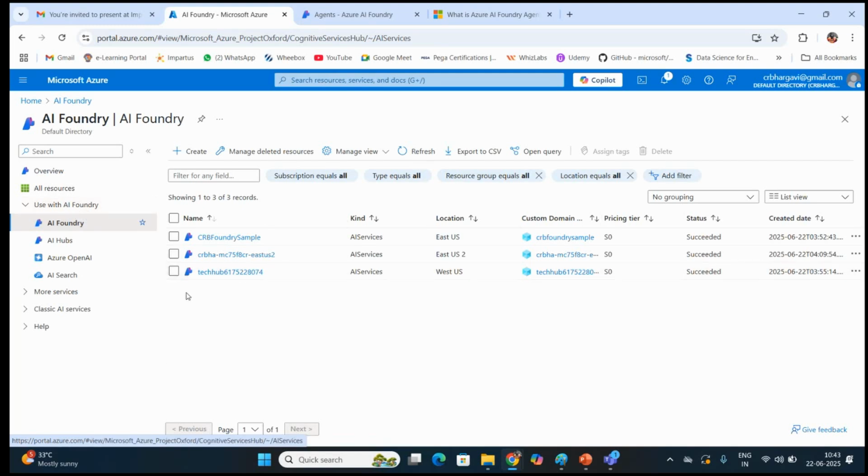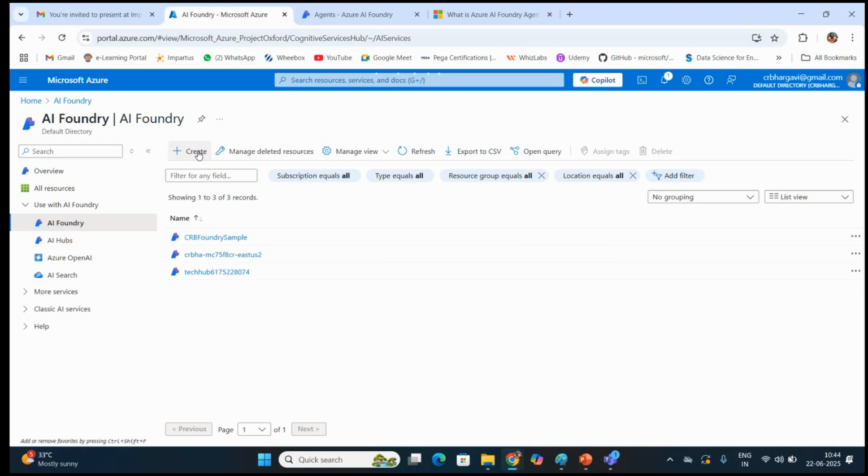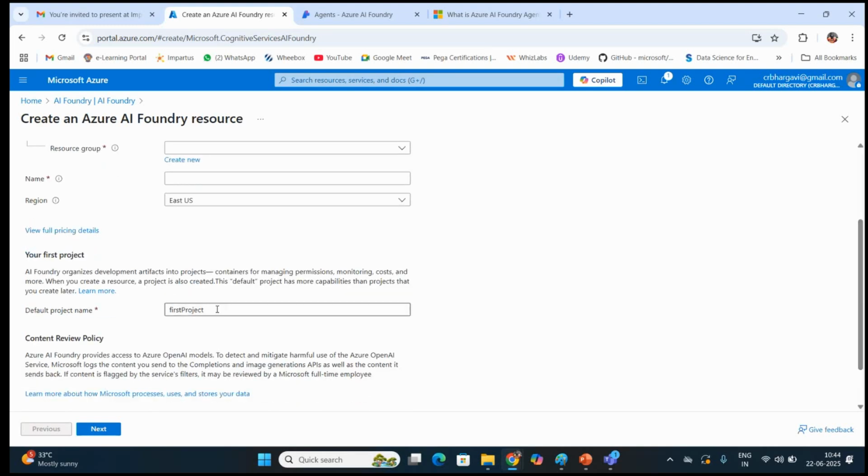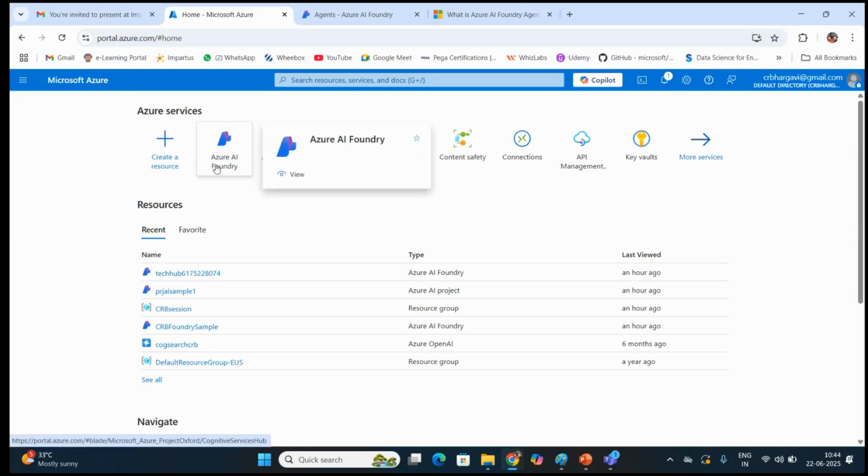So, to have the AI Foundry created, the first step is to create one Foundry resource with a unique name, and then name your project. From there you click next and follow the steps based on the format that you want.